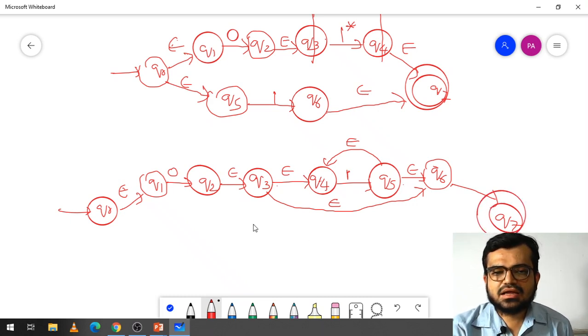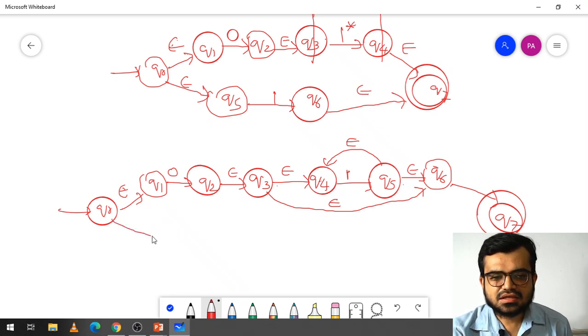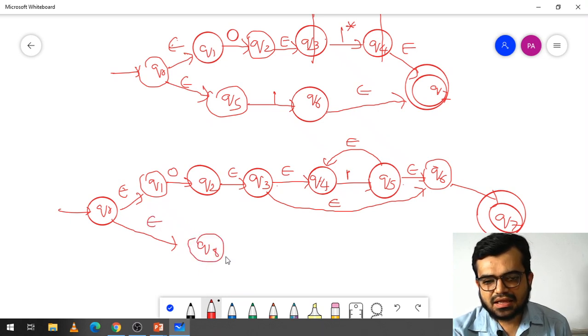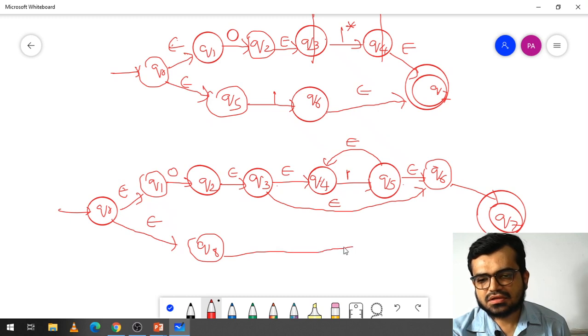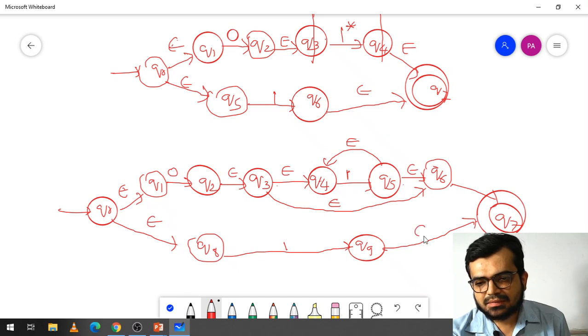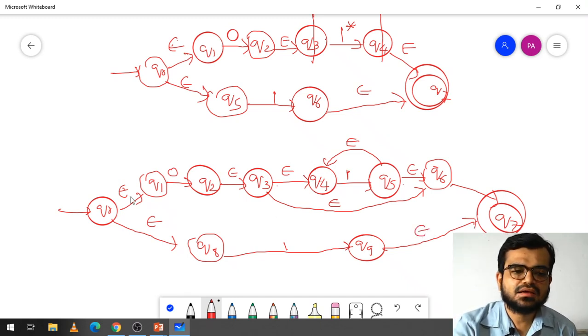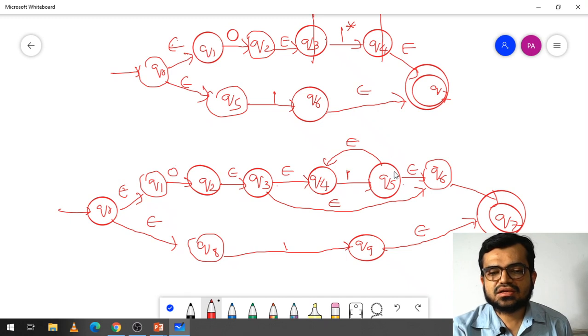Okay, now the down part will be as it is. What is that? I can take Q8 with epsilon, and I am taking Q9 with the 1 value, and here the same thing with epsilon moves. Okay, so in this way you can see here 0.